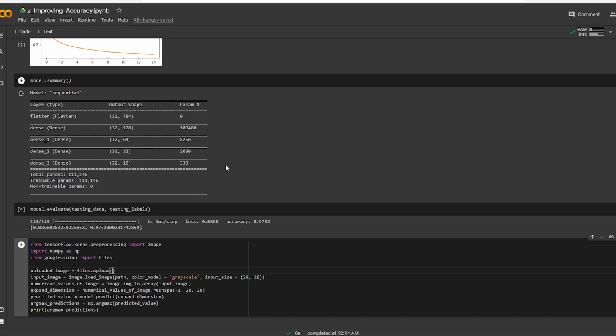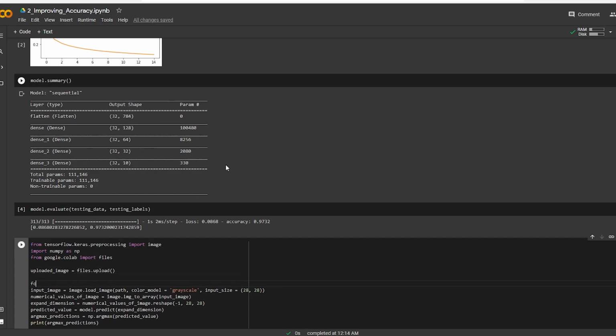That is a function provided by Google. And now I will have to make a for loop. So I'll say path in uploaded image keys, because you have to pull it from where it has been saved on your Google Colab.